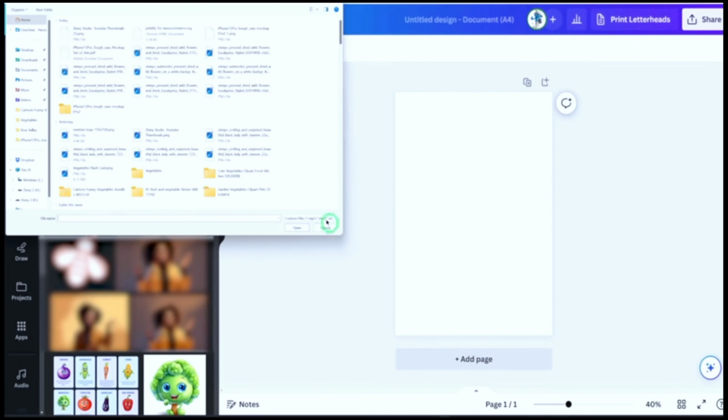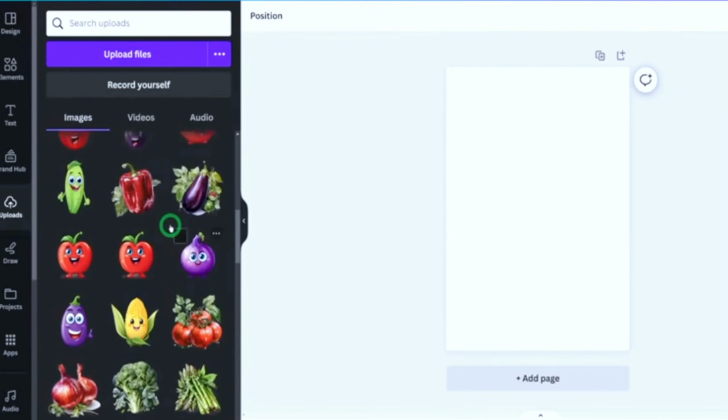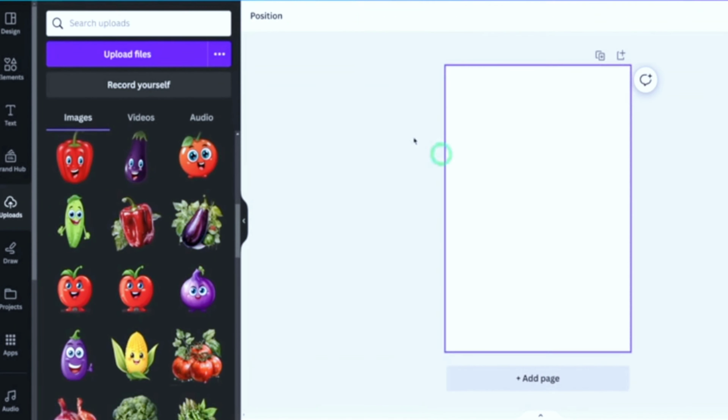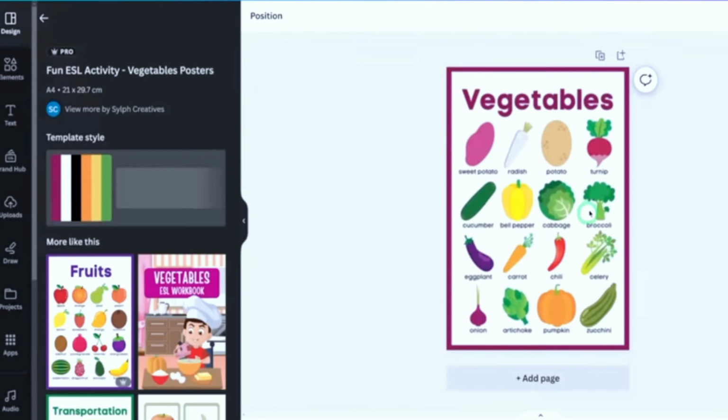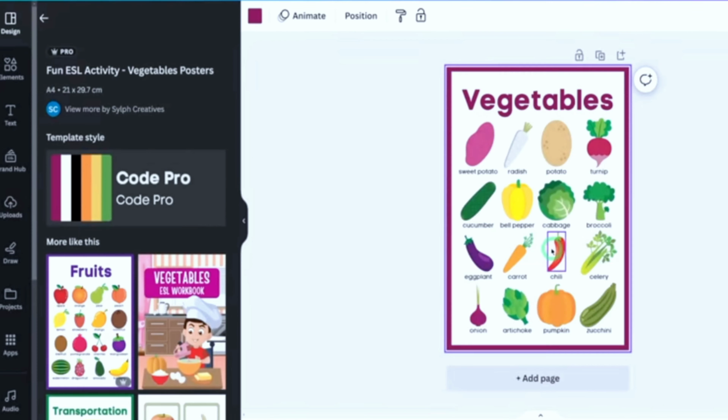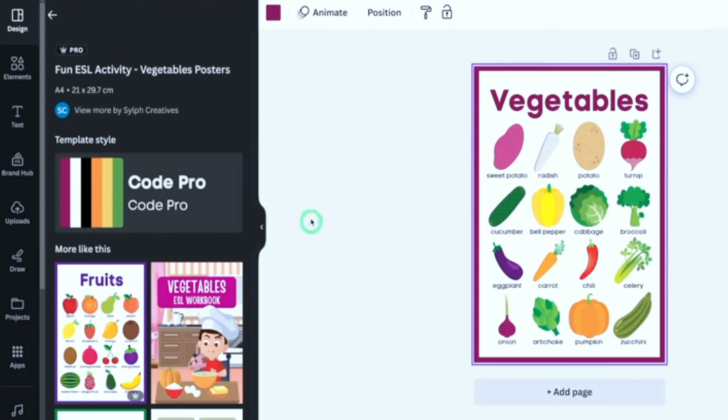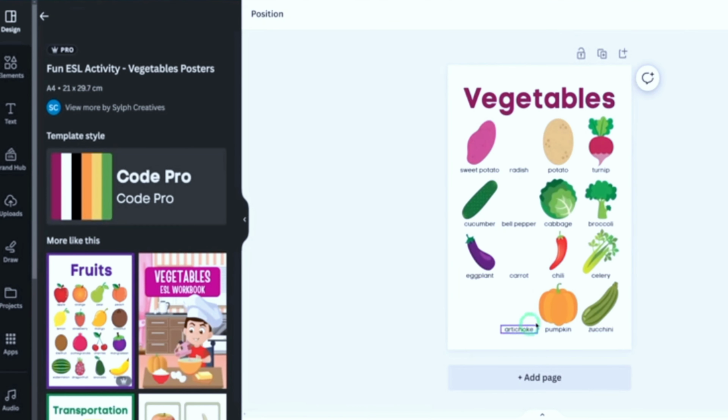So I've already uploaded majority of them here, as you could see. So the next thing would be for us to start designing the poster. So what you could do is you could go to Designs and then we could look for vegetables. I have one here already. We could use this, so we could paste this here and we'll start modifying this to fit what we are doing. So I'll just go ahead and